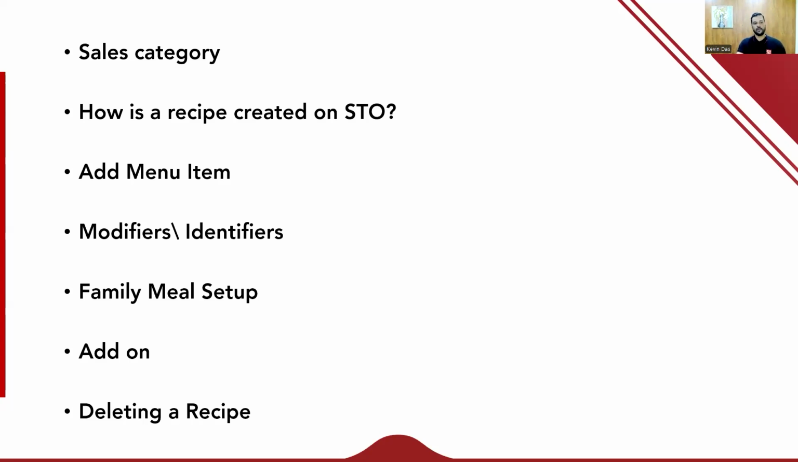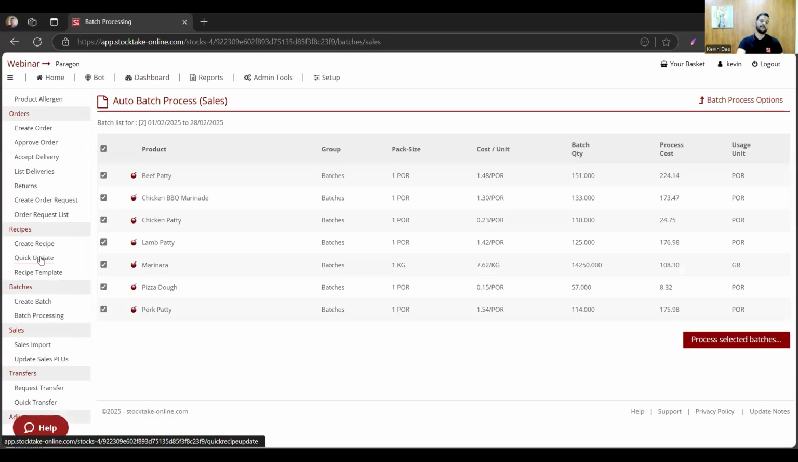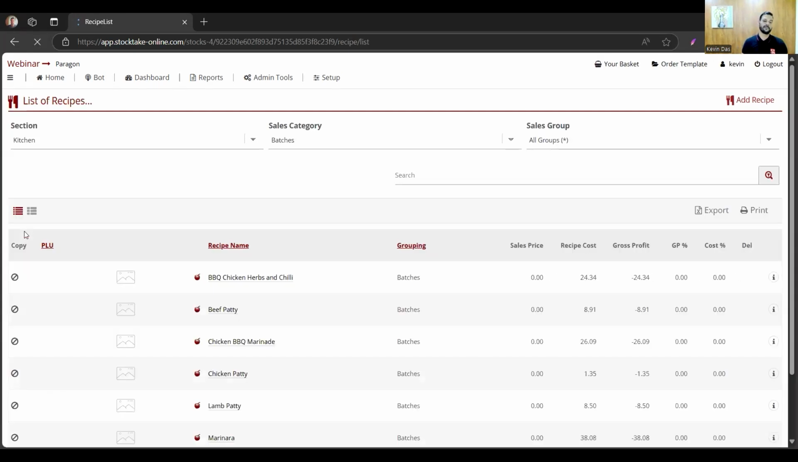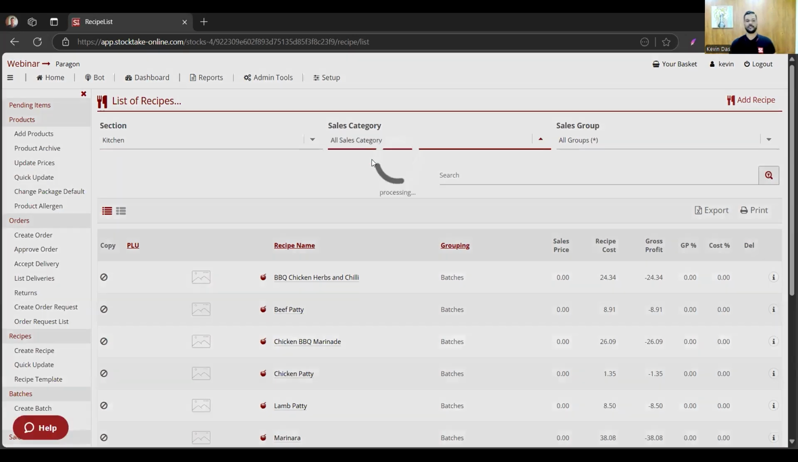So let's quickly go to the database and I'll show you how we create a recipe. Again, towards the left, you will see that under the recipe, you have the option for create recipe, you have the option for quick updates, you have the option for recipe template. Now, if I just show you a few of the generic recipes I created, under the kitchen,